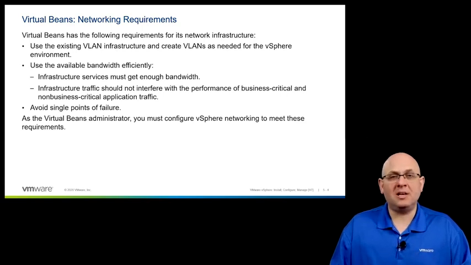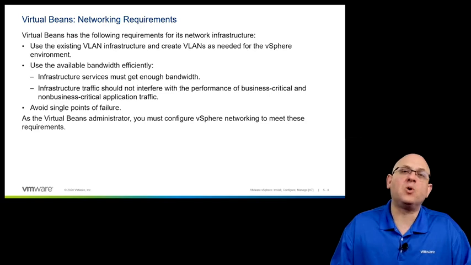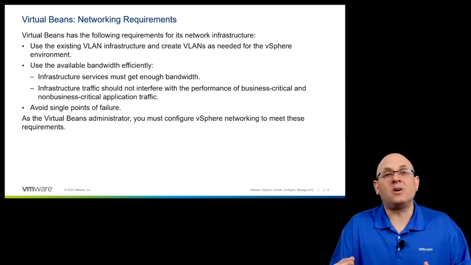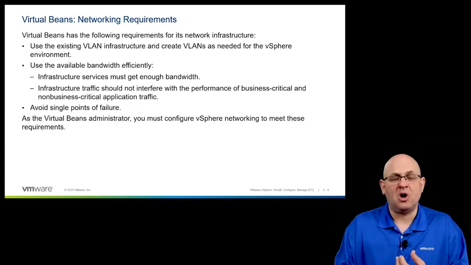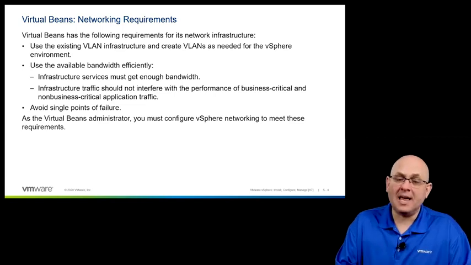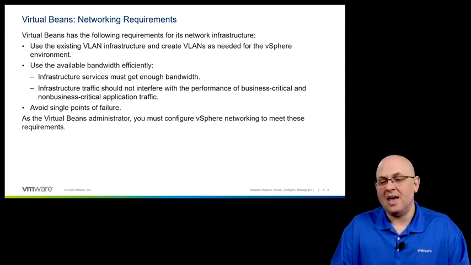Now, in most environments, we'll be using things like VLANs to make sure that multiple networks can communicate over the same physical infrastructure, over the same physical NICs on your ESXi hosts, over the same physical switches, and things like